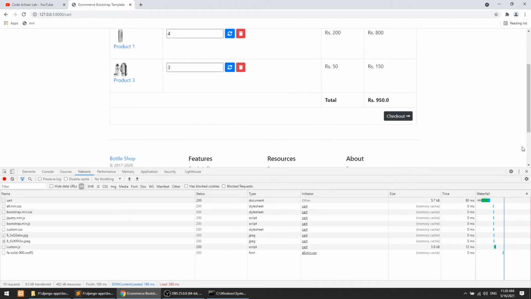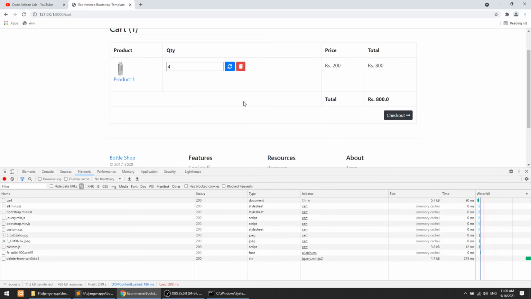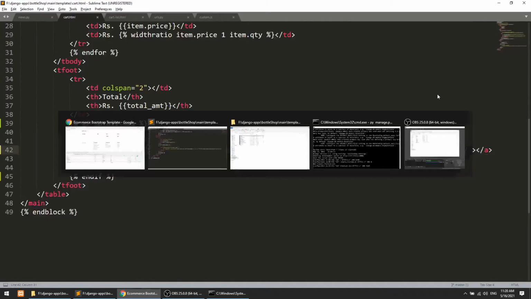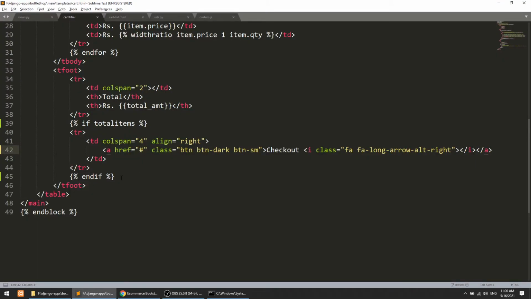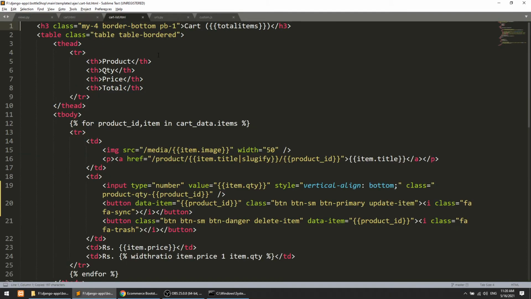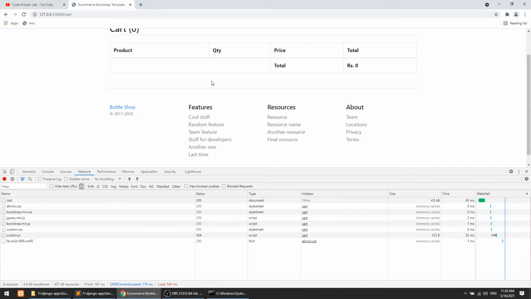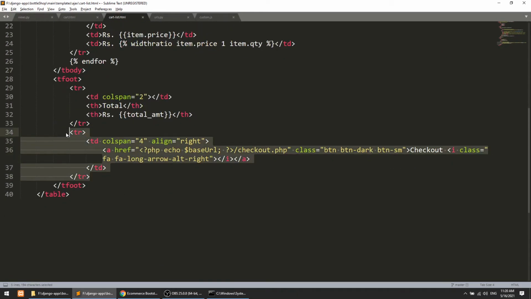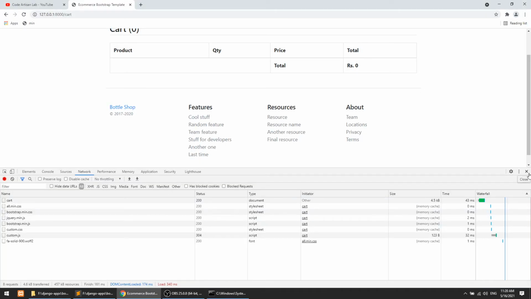Refresh this page. So I'll delete this item and refresh this. So we don't have the checkout button. Similarly we need to do this in cart list, because we are rendering it when we are performing any event, update or delete. So we need to add this in the cart list page also. So now let's test this.